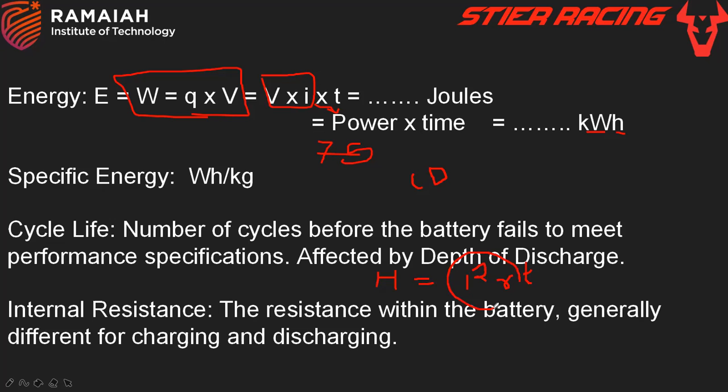So this is I square R, where I is the current through the battery, and this small r is nothing but internal resistance. Because of this only, our battery heats up from the core to the outside, and this is a big problem in every electric vehicle. That's why we have cooling systems. The battery can be cooled through air, liquid, or phase change materials. This is a different topic by itself, thermal cooling. The next session on Friday will talk more in depth regarding thermal cooling.